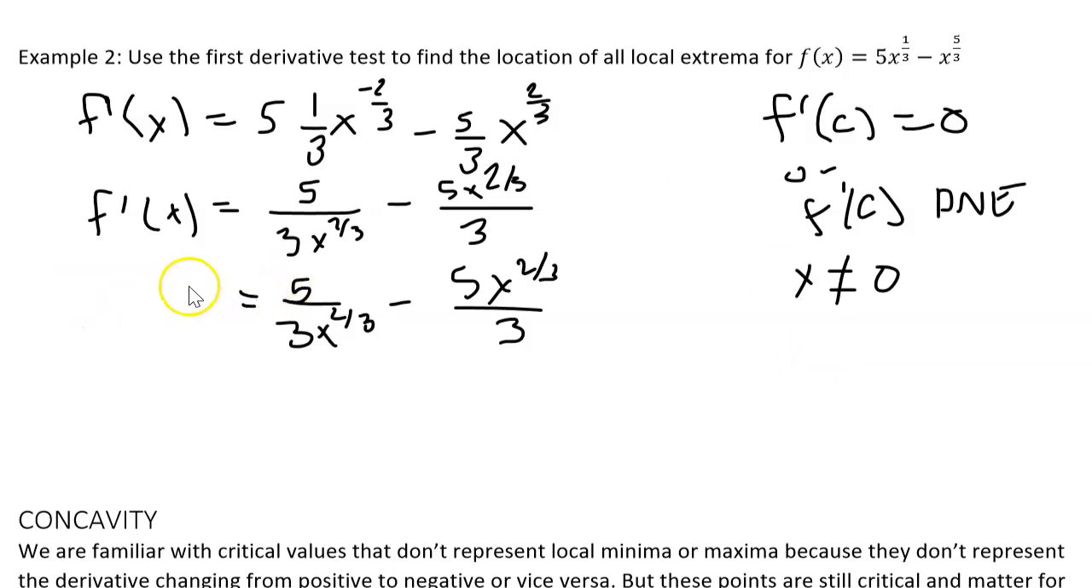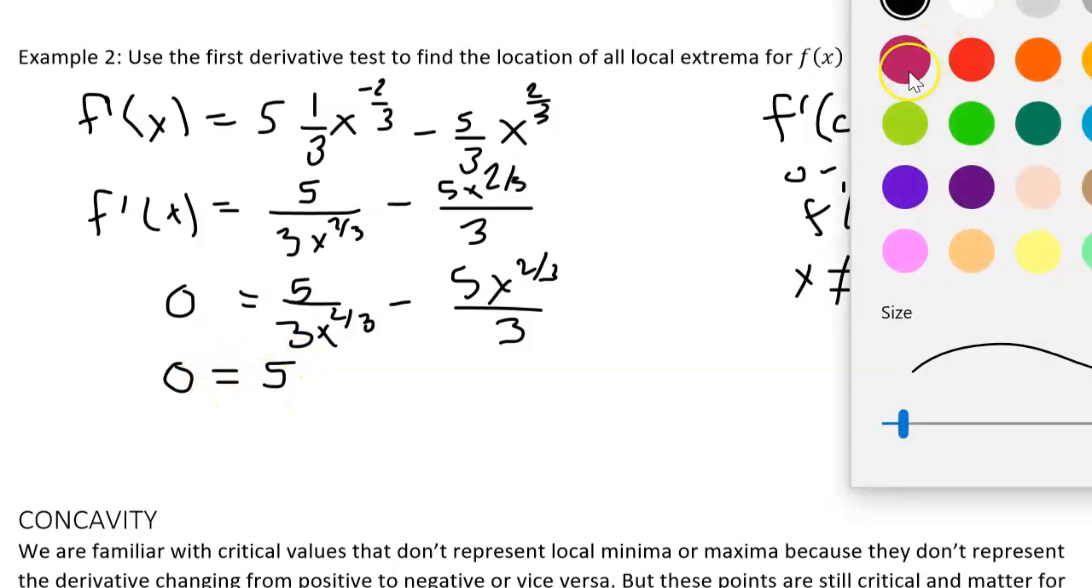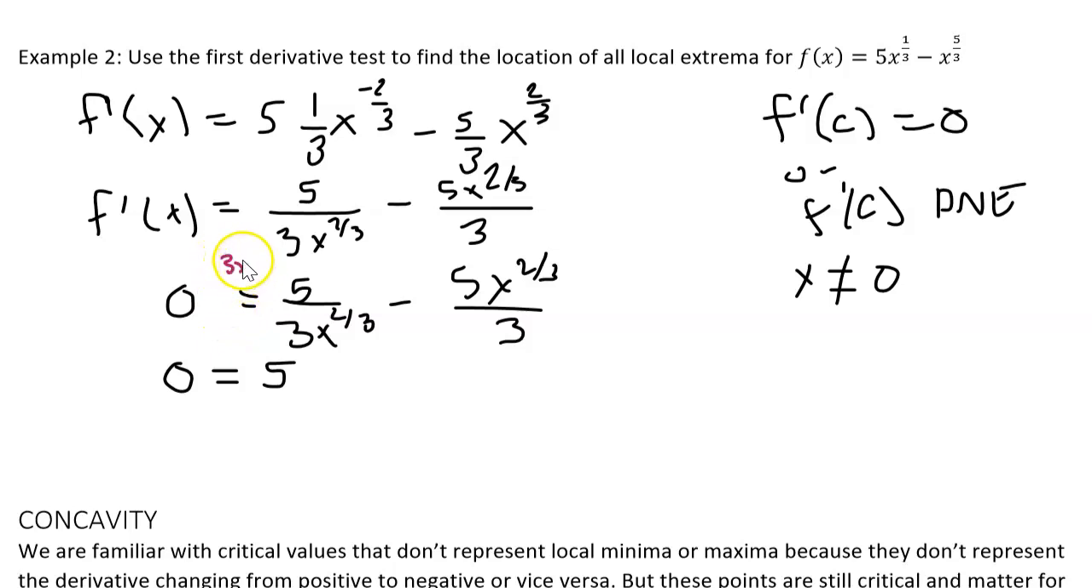Now I'm going to solve this equation and see if I can find any other critical values. With rational equations, you want to multiply by the common denominator, which in this case is 3x to the 2/3. So I'm going to get 0 equals 5, because if we multiply this term by 3x to the 2/3, it's going to cancel. And if we multiply this one, it's not going to cancel. We're going to do a little arithmetic here. So let's switch. Minus, the 3's will cancel. But I'm going to get 5x,